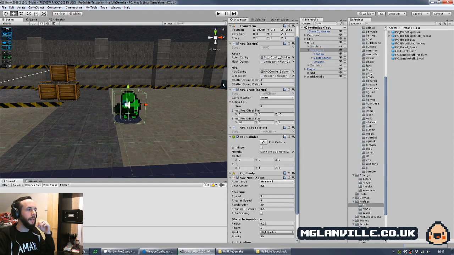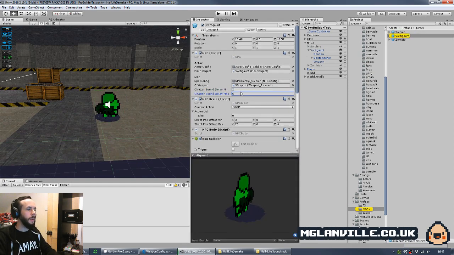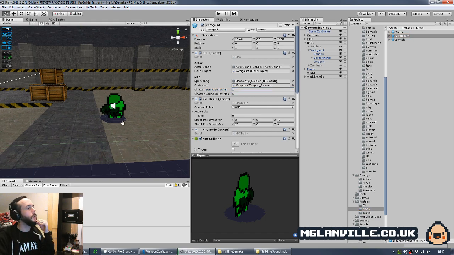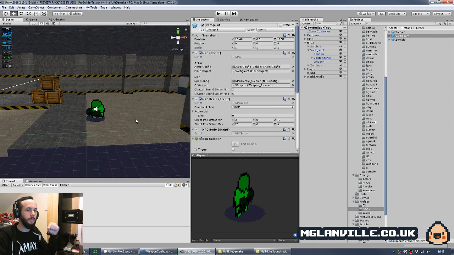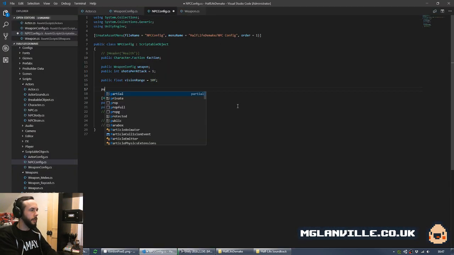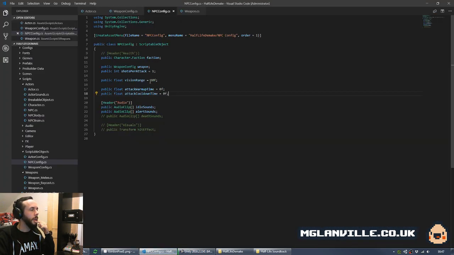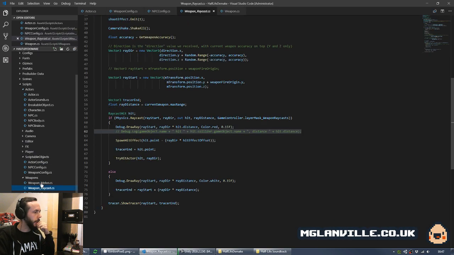So what I probably want to add now is maybe a way to define how long enemies take to warm up and cool down their attacks. So I'll put that in the NPC config file in the script. Let's go public float attack warm up time. Just default to 0, and attack cooldown time. Then when we go to actually attack,